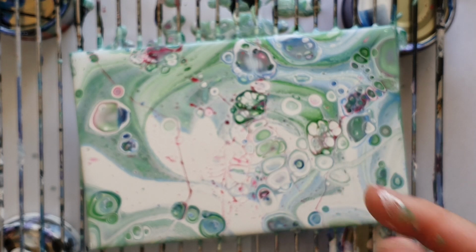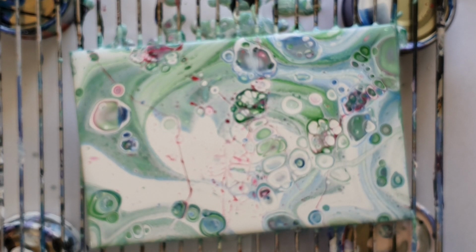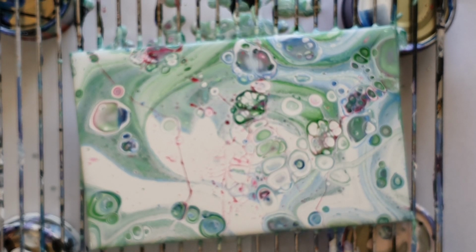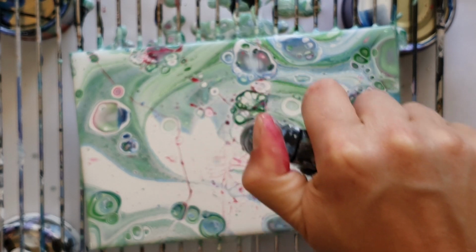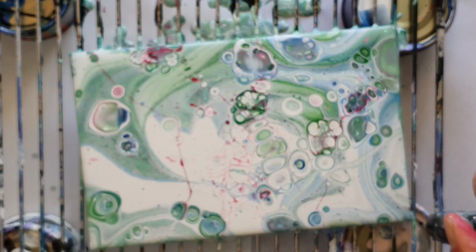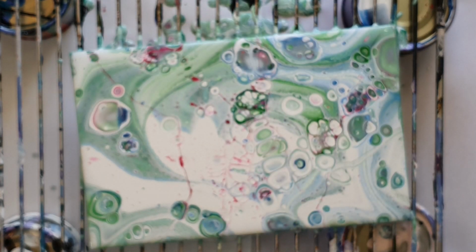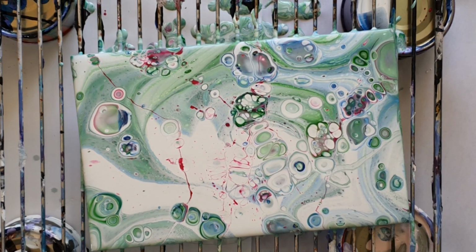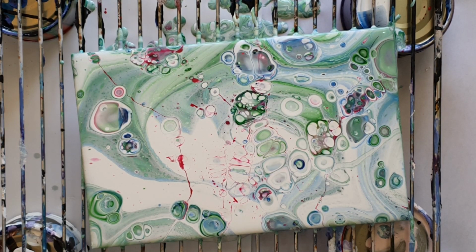Now the white I used was my house paint, which is mixed the same way as I mix my normal paints, which is Floetrol and water. But with the house paint I also add some extra PVA glue, white glue, school glue, whatever you want to call it. It just gives it a little bit extra binder. So I'm pleased with that. I'm going to put that aside to dry